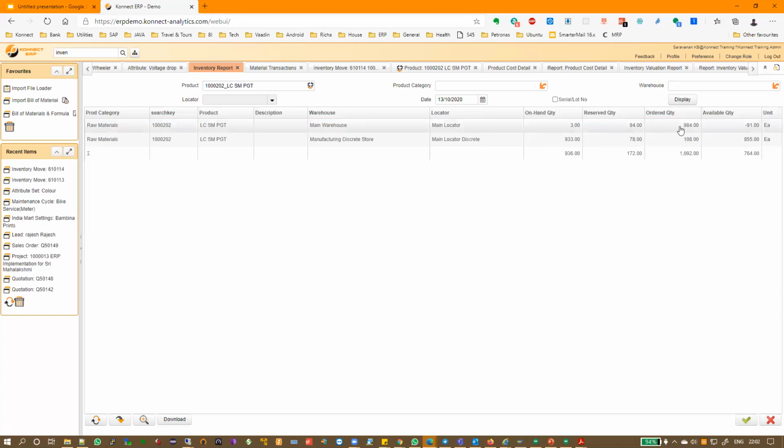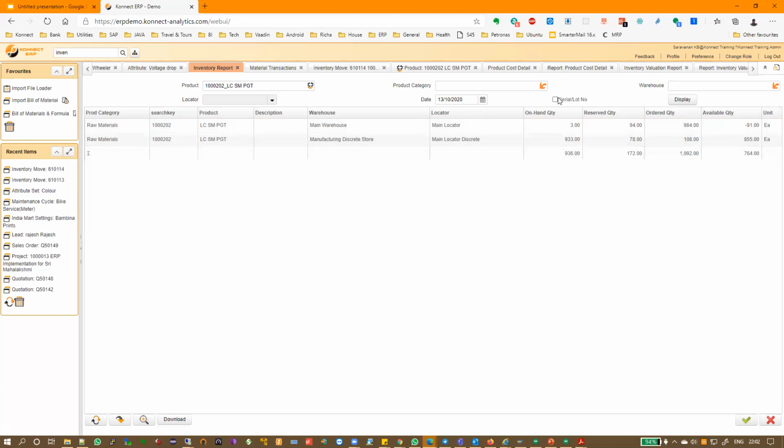So when somebody says, I want to do tracking, today I think Rajkumar, you gave me a requirement, right? Somebody wants to do tracking across the shop floor. Across the shop floor is nothing but tracking like this. I just put the product, and I can see what level of information I have, where it is, which locator it is, in which part of the shop floor, whether it is reserved already, or is it pending, etc.